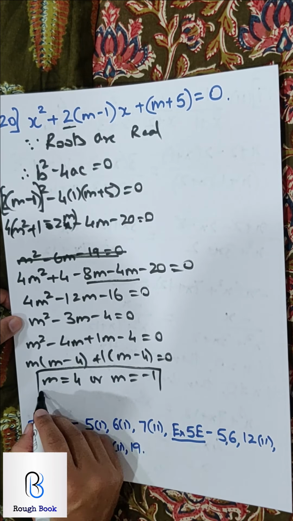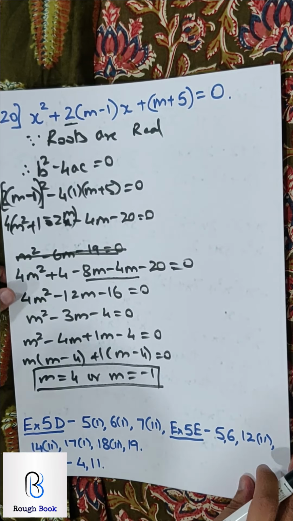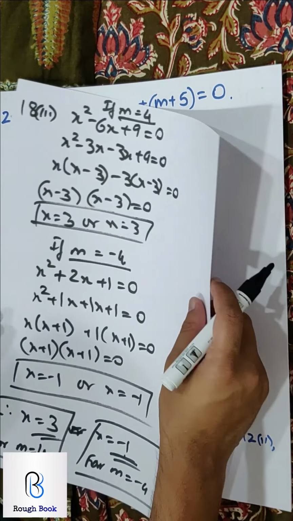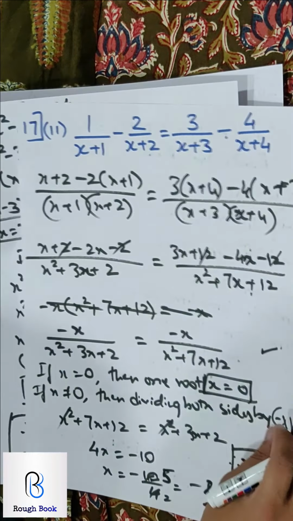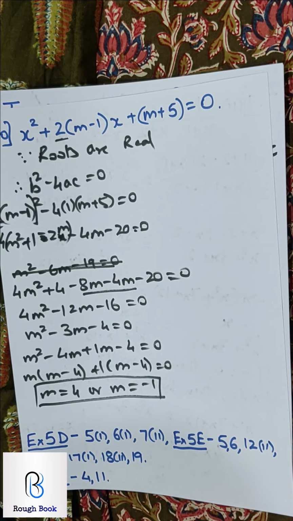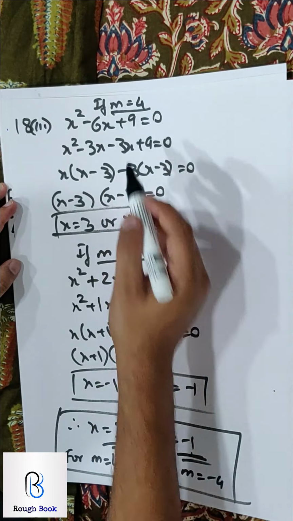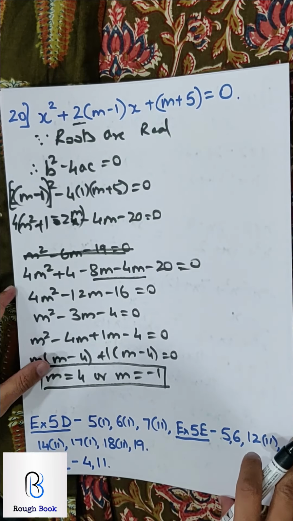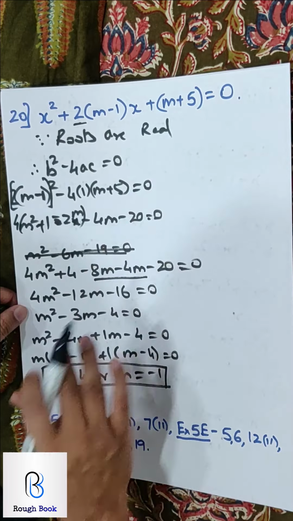They have not said further to get the roots of this, otherwise you would have substituted it here. So we got a new type of question. Find the root, which we did in the previous one, that is the 18th one, where they asked us to first solve the sum. They first asked us to solve the sum, and once we solved, they asked us to substitute m as 4 or minus 4 and get the other two answers. Whereas in 20th, they just asked to solve it with the roots are real. They didn't ask us to put this again. So we leave it here only.